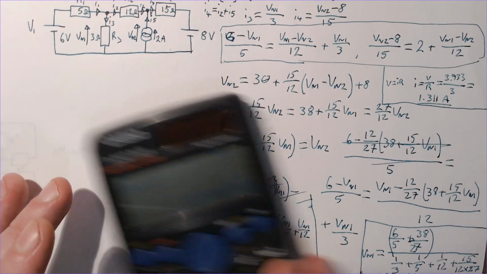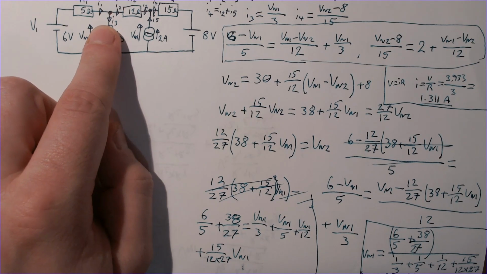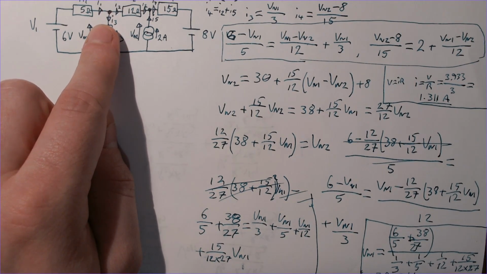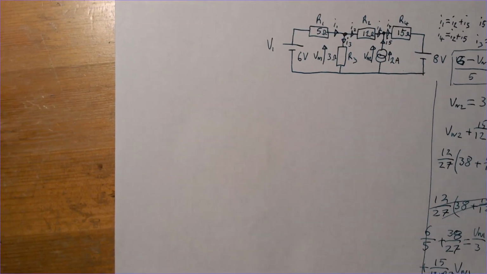So that was finding I3 by nodal analysis. Now let's do